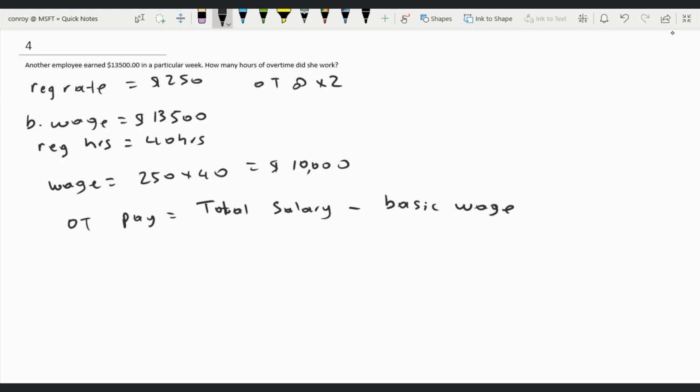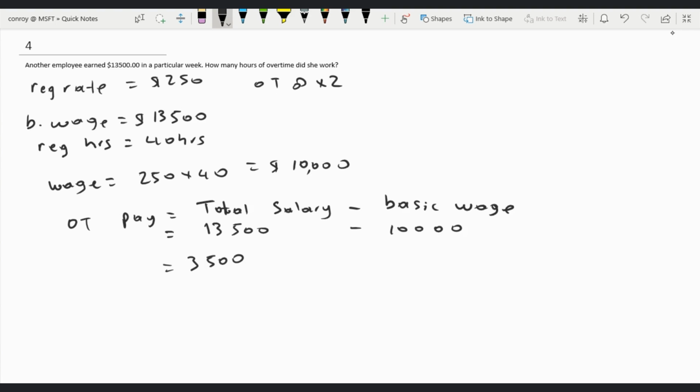Because if basic wage is equal to the regular rate and if total salary is equal to basic wage plus overtime pay, then we can say overtime pay is equal to the total salary subtracted from the basic wage. All right. So now we know the total salary, which was the 13,500, and basic wage, which was 10,000. So the overtime pay should be